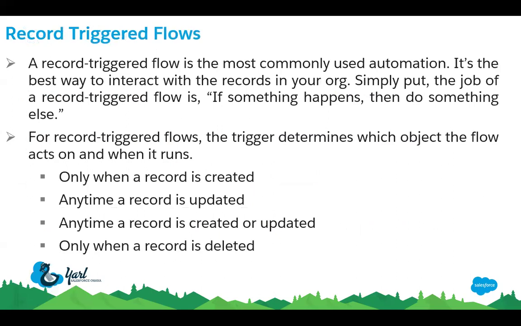So record triggered flow is most commonly used for automation. Usually screen flow we use for user interactions, right? Usually record triggered flow we use for automations. You want to automate something, for example, validation rules, so email sending. Likewise, there are a lot of scenarios you can think of for record triggered flow. I have just mentioned very few very basic scenarios, but there are a lot of scenarios that you can use